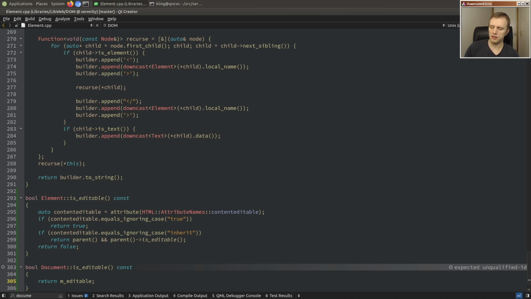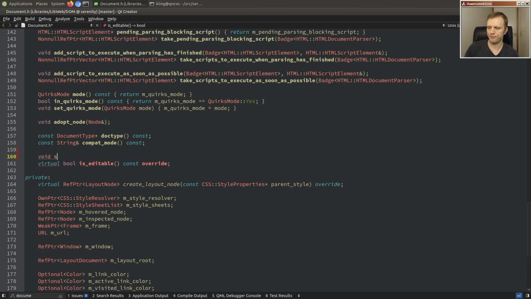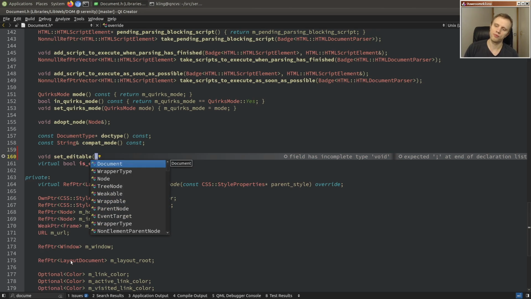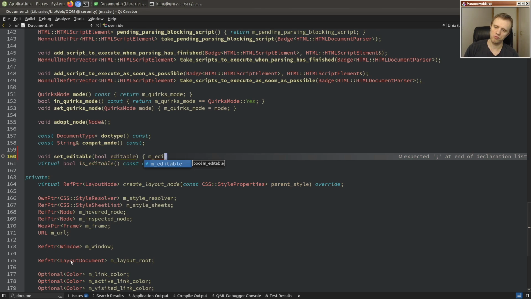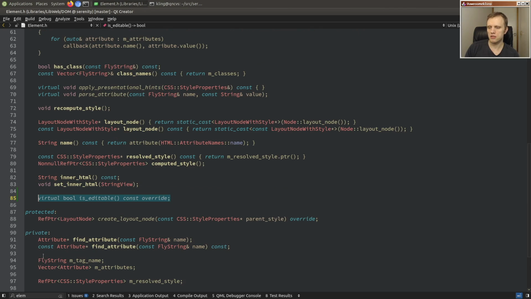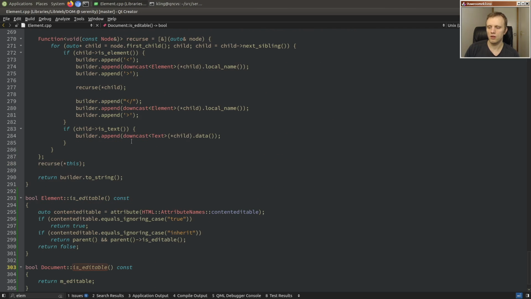Return editable. Yeah, actually on element, that'll be final as well. Okay, so